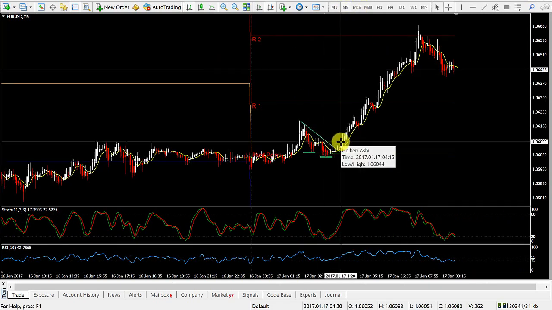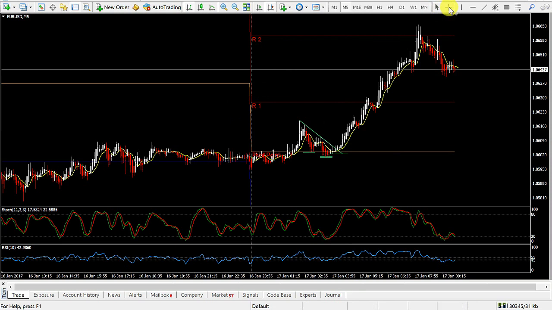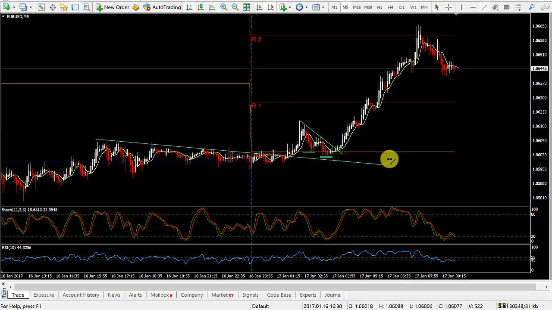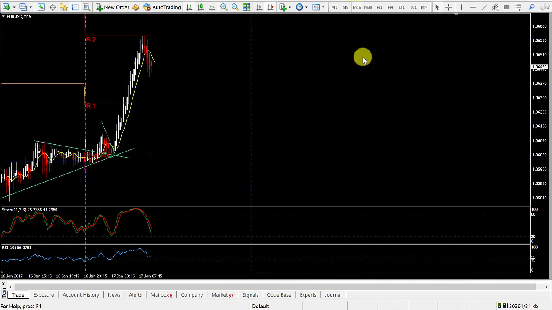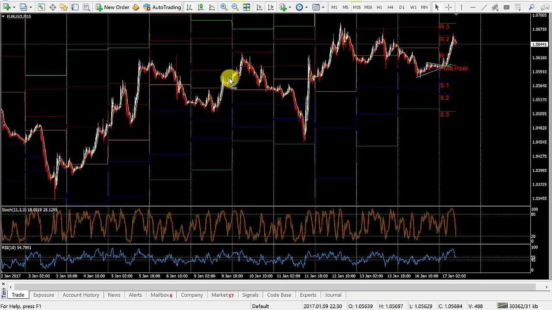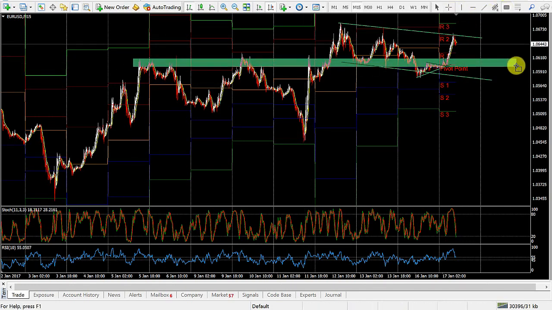Go to the M5. This would be a really nice entry, especially because we broke above this whole consolidation here. We retested the trend line, this whole thing here. And if we go to the M15, we zoom out a bit, then you can see that we made this drive up and we are now in this gigantic flag, which is a bull flag. So another continuation up was to be expected, and that is exactly what we got when we broke above